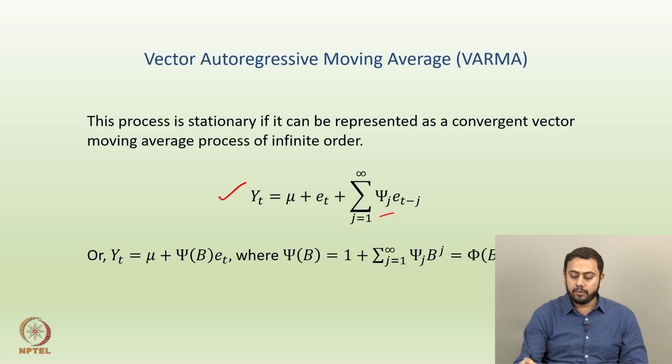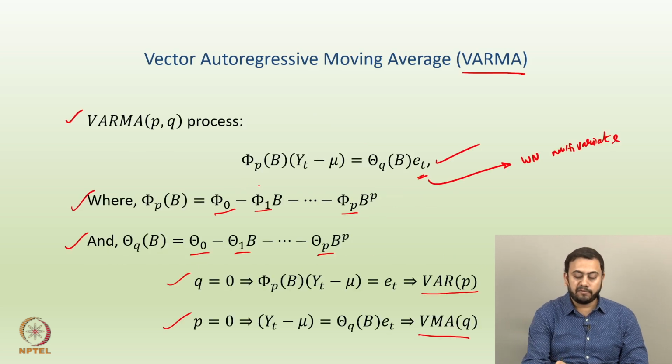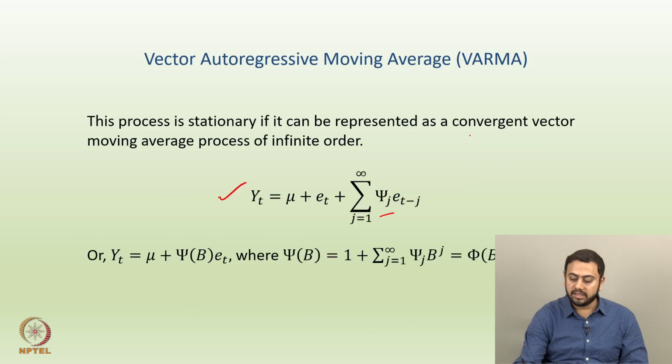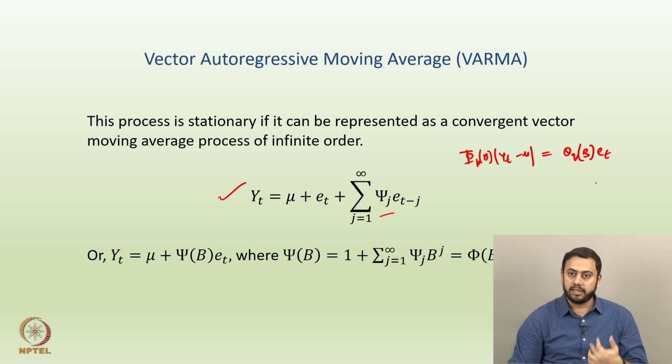Now just for a second, if you compare this equation to the equation that we had earlier, the equation for the VARMA process is given by φ_p(B) applied on (Y_t − μ) equals θ_q(B) applied on ε_t. Let me write down the same equation here, and then we'll try to match them. This is the exact equation from the last slide, and we want to compare these two equations, because this is just another way of writing down the same VARMA equation.